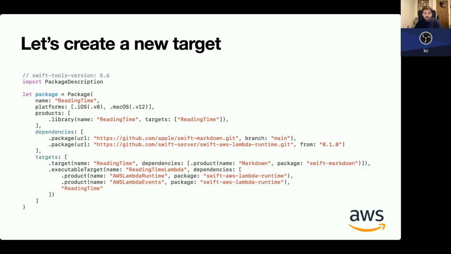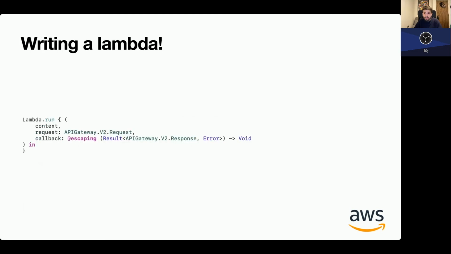So how do we write a Lambda in Swift? This is going to be very similar. If you're familiar with Node.js or Edge functions, you're going to be familiar with a closure, a handler, a function that you define in a file, and it gets passed in a context, a request, which comes from API gateway in this case, and a callback. So basically, it's an asynchronous operation, and you call a callback with a response, whether a success or a failure. And when you're done performing tasks, you can just call this and inform the client that you're sending them back a response.